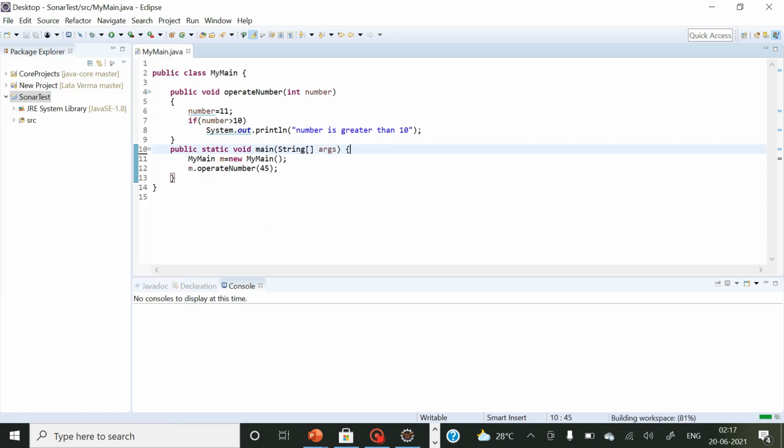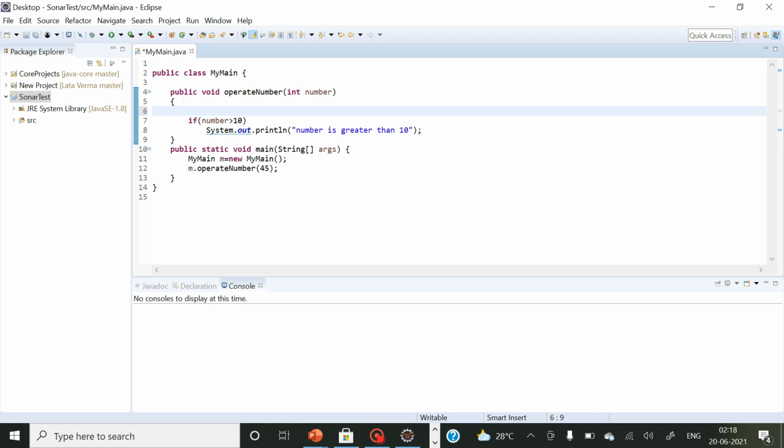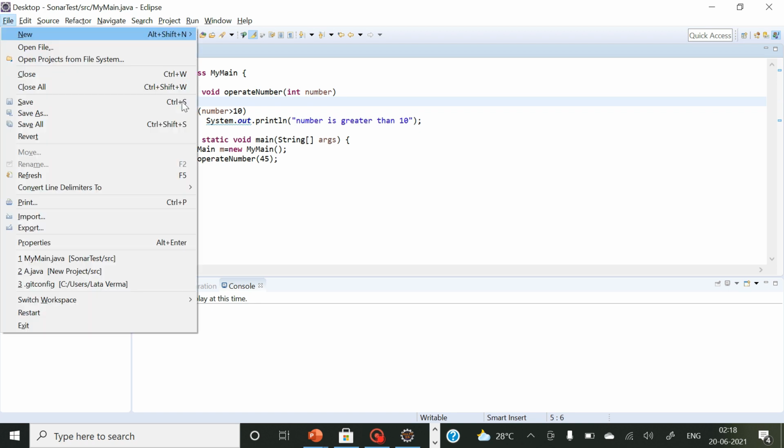Now for this, obviously I can use a logger, but right now in this video I'm not going to show you how a logger can be used. But yes, for this number I can remove it and I can just go ahead with this logic. Or if I have to initialize the value 11 somehow, in that case I will have to make use of another variable name. So for this, as of now, I'm just removing it.